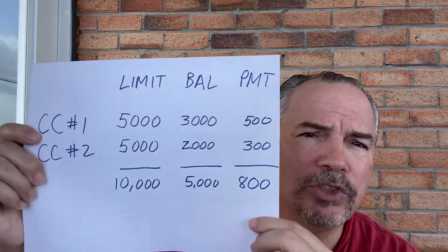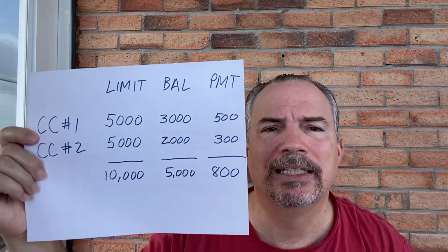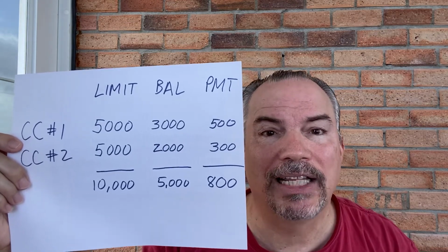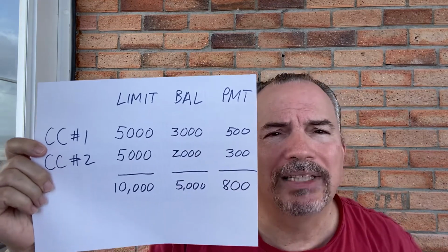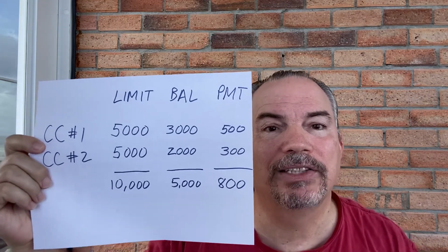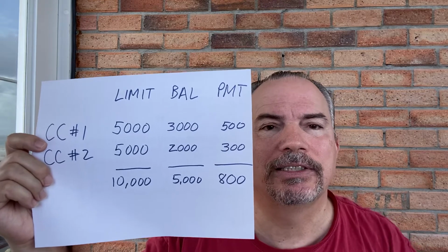Well, we said that if you have 2 credit cards, and now with this system of velocity banking, or proper cash management, I would call it, you would have certainly $400 extra to start paying down the principal on these, or start with the bottom one, but that's going to take you at least 12 months to pay off these credit cards, right? And you want to do it faster. And the way to do it faster is